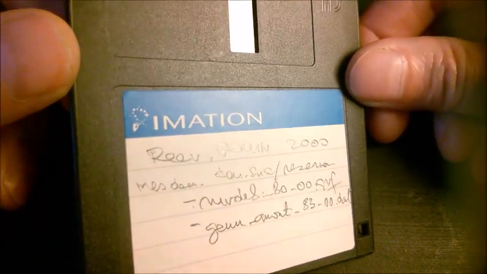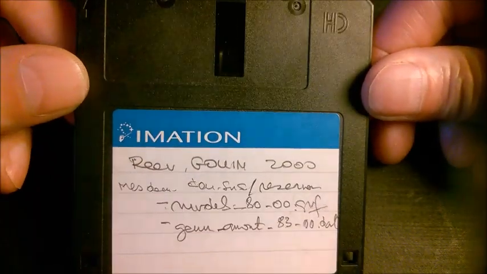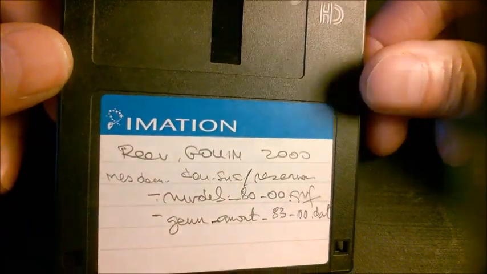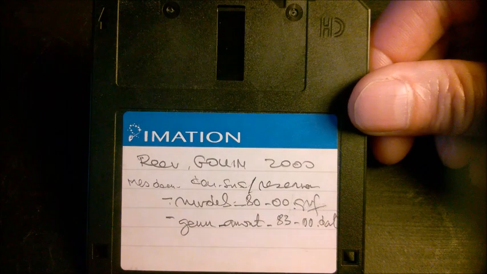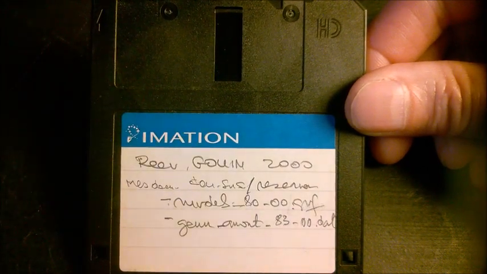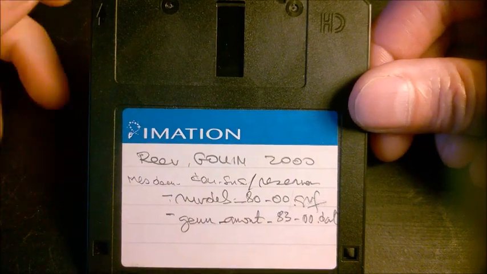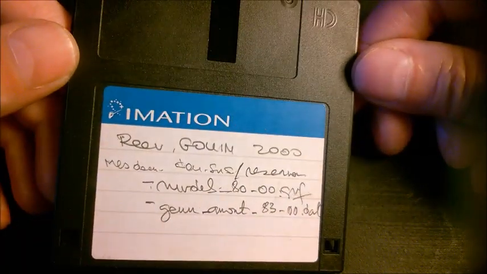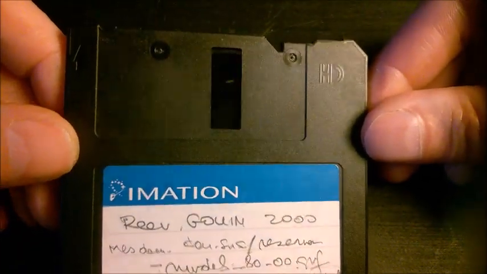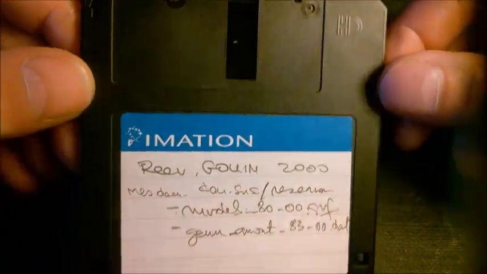And you could not pirate it or anything like this, or download it online at that moment. I think back then we had modems with a speed of 33.6 kilobits per second. So that was very slow and sluggish. And it was also the beginning of the internet. Okay, so that's my story.